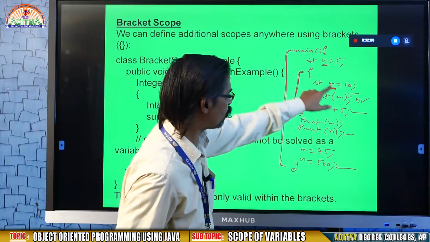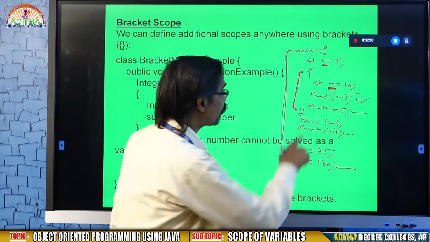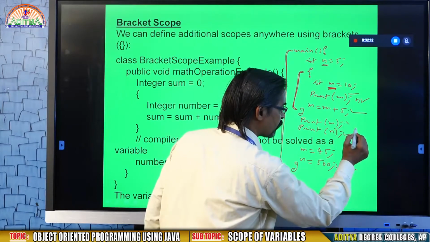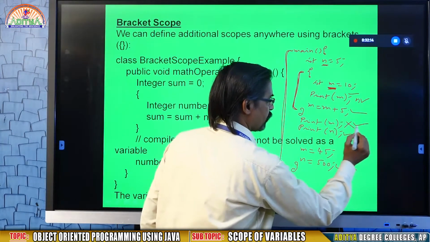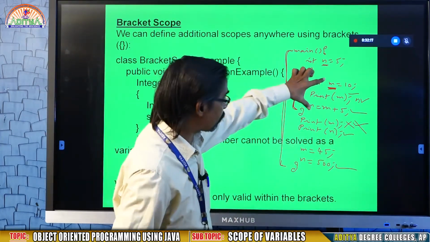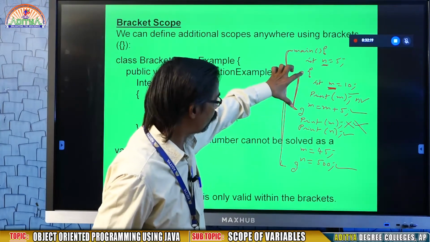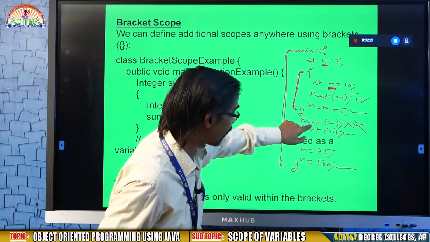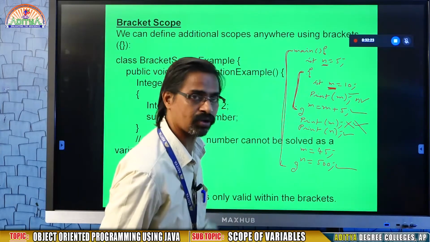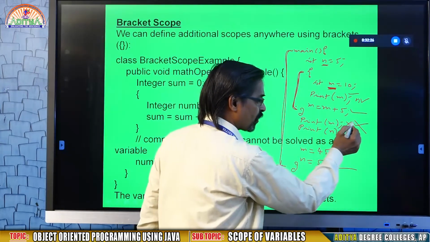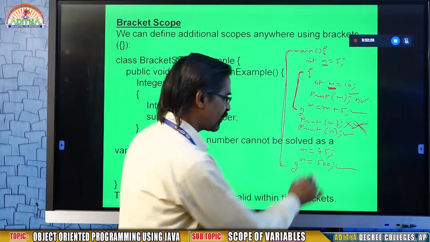If you try to use m outside of this sub block, it gives error, because m is visible within this sub block only, whereas n is visible.